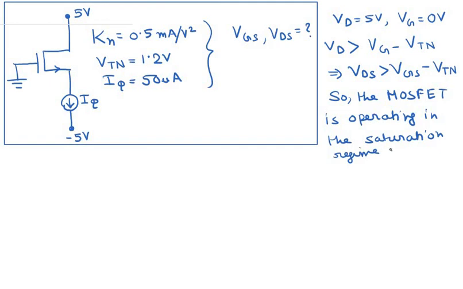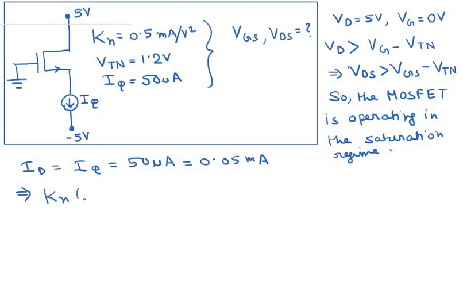So we are now sure that the MOSFET is operating in the saturation regime. So we would be using the saturation equation for the MOSFET, and here the drain current ID is equal to IQ, and IQ is equal to 50 microamperes, which is equal to 0.05 milliamperes. ID in saturation is given by the equation capital Kn (Vgs minus Vtn) whole square is equal to